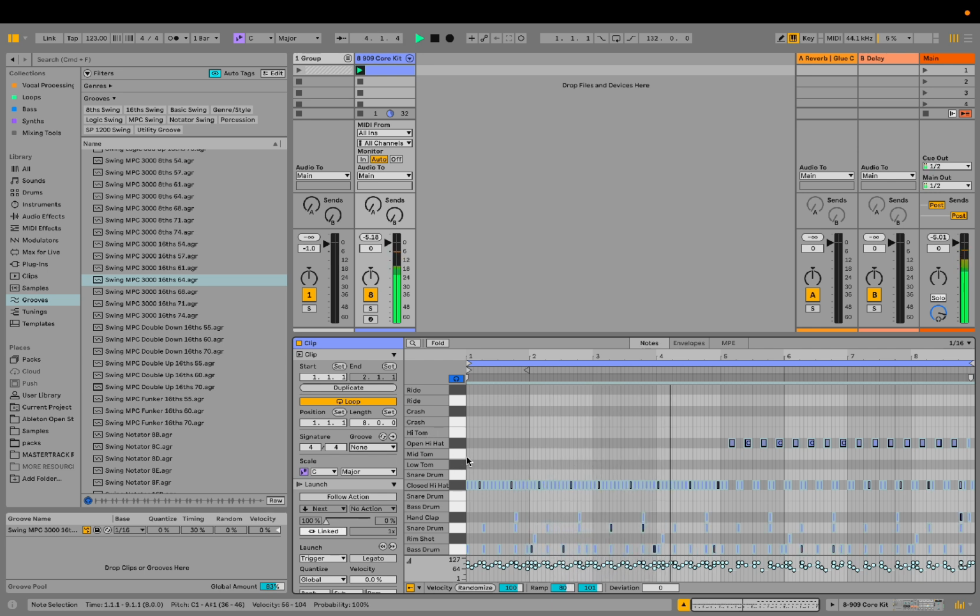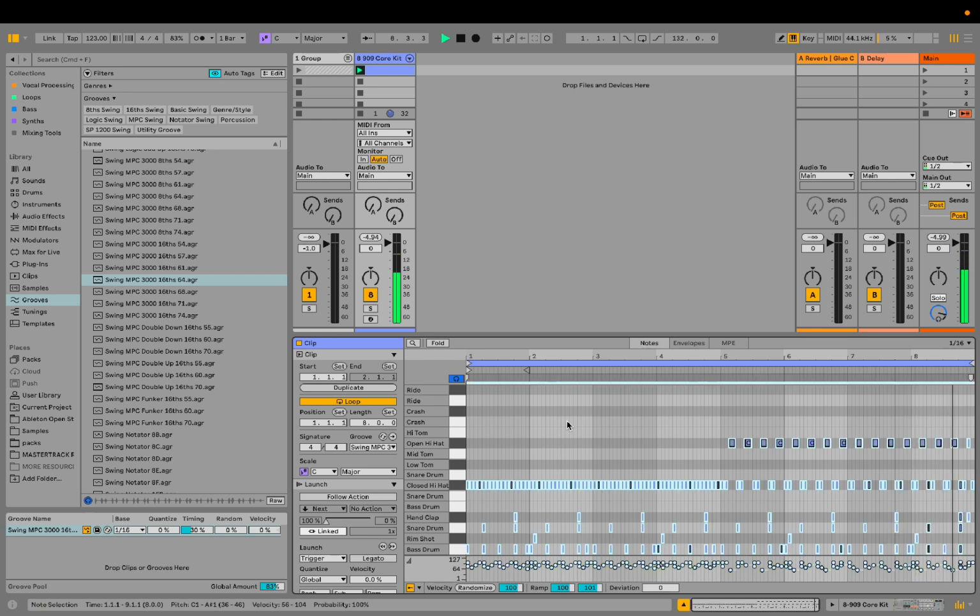With the groove we made. Stiff again. You can really hear it in the hi-hats. They just do not sound very fun the way the stuff under them is really snapped to the grid. So